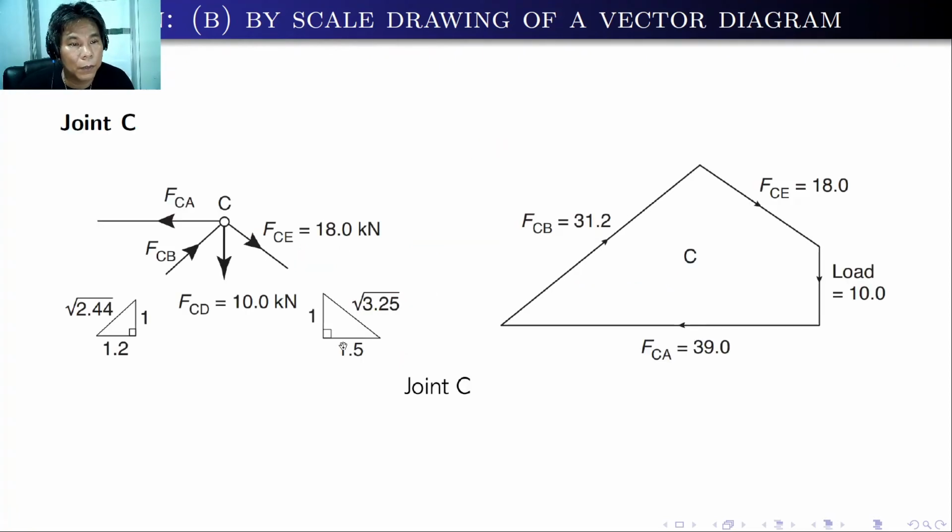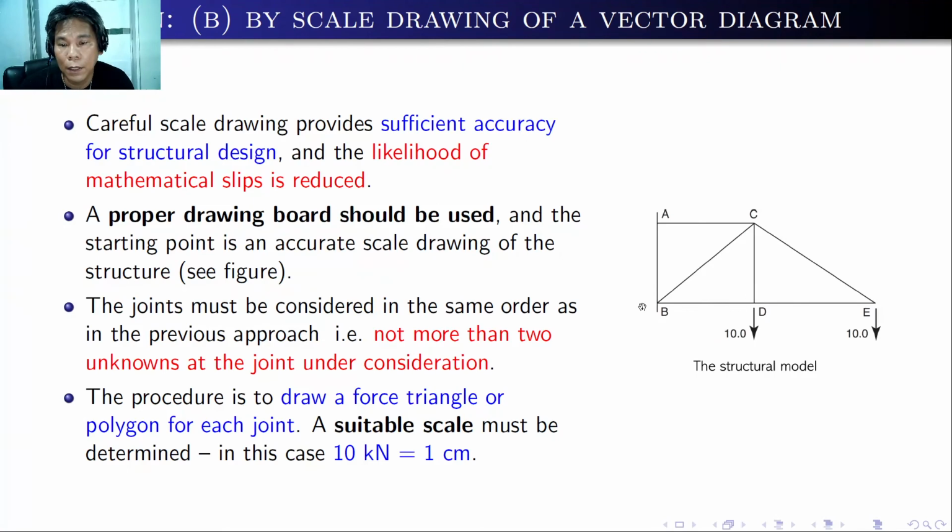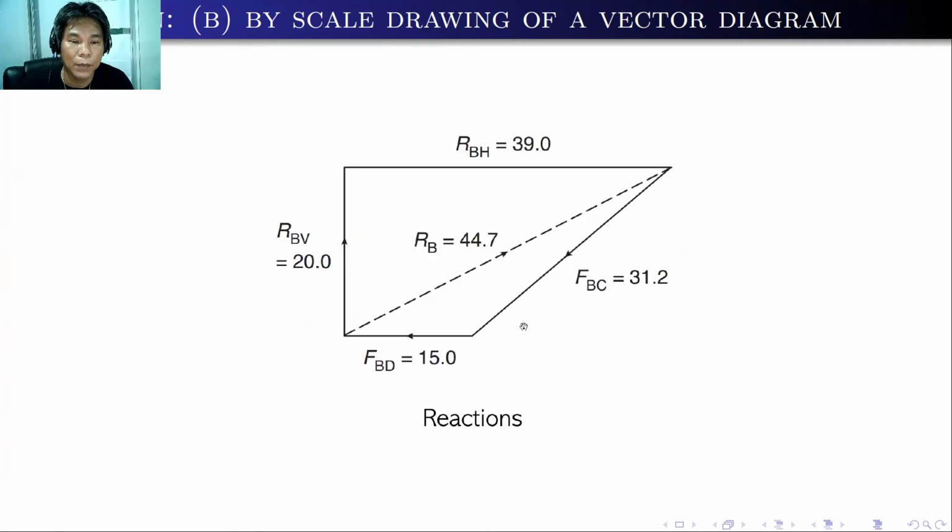We'll look for joint B. Where is joint B? Here. This is joint B. So there are one, two, three, four forces. With those four forces, we have FBD, which is calculated earlier, and then we also have FBC, which is calculated earlier, and then you can draw the vertical reaction and the horizontal reaction here, and then you can measure